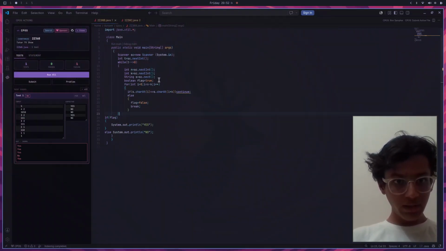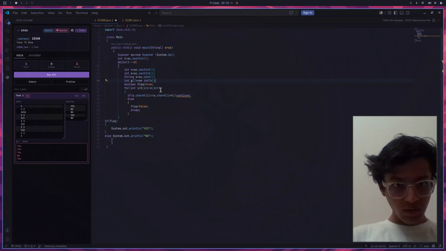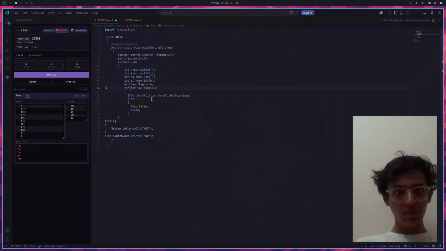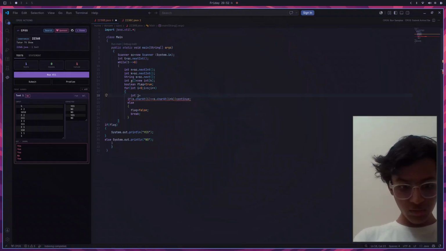S dot char at I, and I'll define an array of size k, and from 0th character till nth character in j equals to